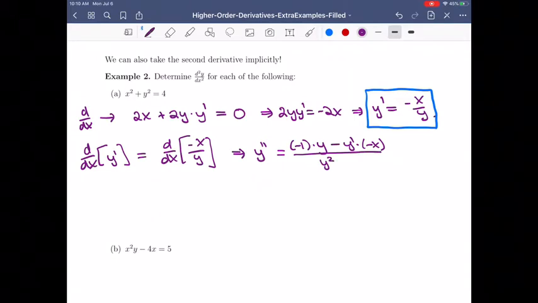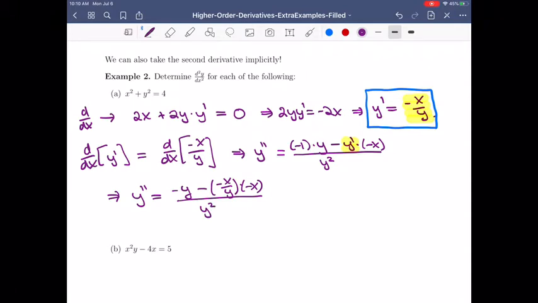Okay, now what I want to do is I don't want to have y prime in my answer. So what I'm going to do is replace it with what I know y prime equals. Okay, so then I'm going to have y double prime is equal to negative y minus negative x over y times negative x, all over y squared. And if I simplify this, this is negative y minus, because there's 3 minuses, x squared over y, all over